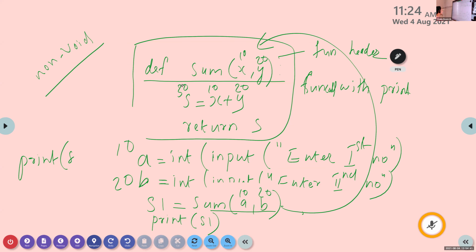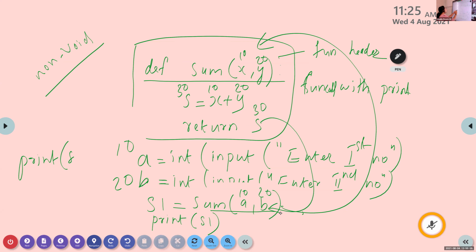Then what about the next statement, Krishna? It returns the value. So the value of s is 30. That 30 is returned to this function call statement. After that only we will move to the print statement.